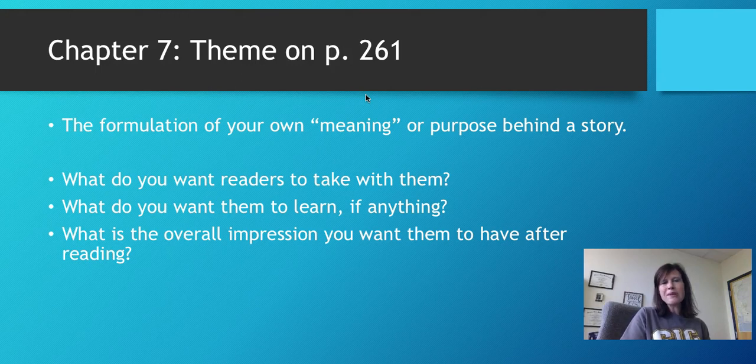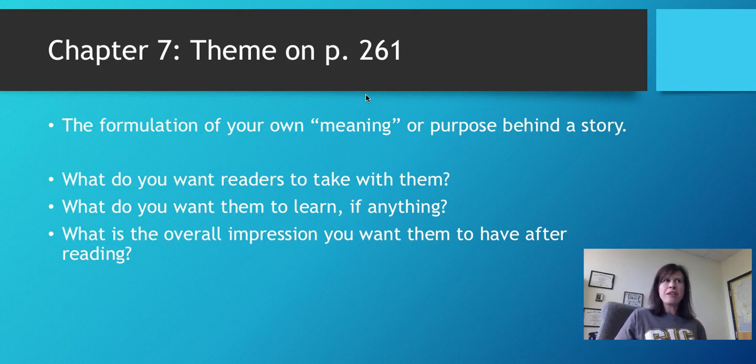It's basically the purpose or meaning of a story. And with that, I put these questions too. So when you are a writer, you need to ask, what are your readers going to take from your story? Is it supposed to be funny? Is it supposed to be a lighthearted, humorous little caricature or vignette of an event that's happened? Is it supposed to be a serious piece that they're supposed to feel an emotional weight towards? What is at stake for the readers? What should they take away from it? Do you want them to learn anything?